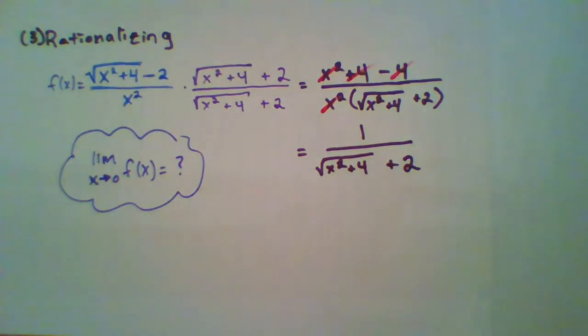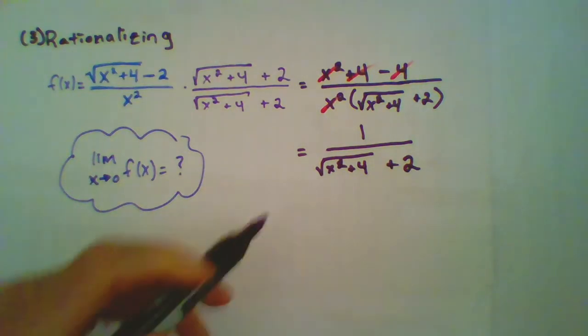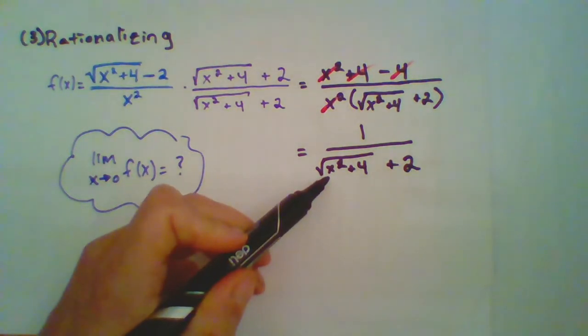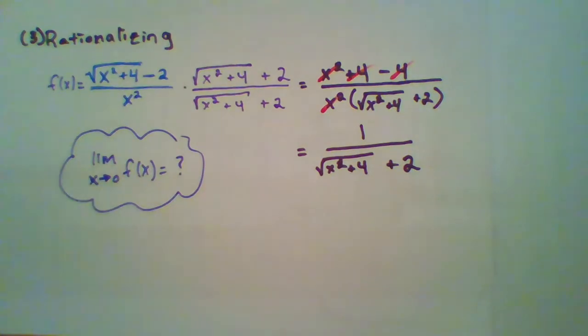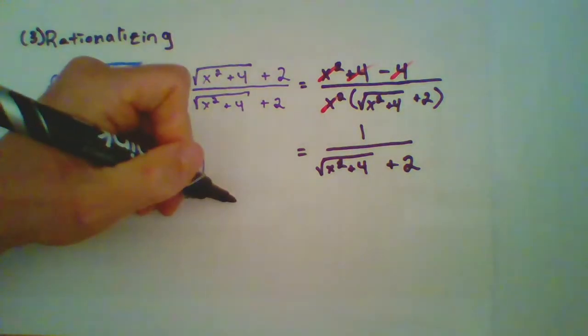that. And what's interesting about this is if we were to now plug in a 0 in for x, we wouldn't get 0 in the denominator anymore. We would get some positive number. So now we can finally evaluate this limit. Now we go back to the substitution method. So we can say